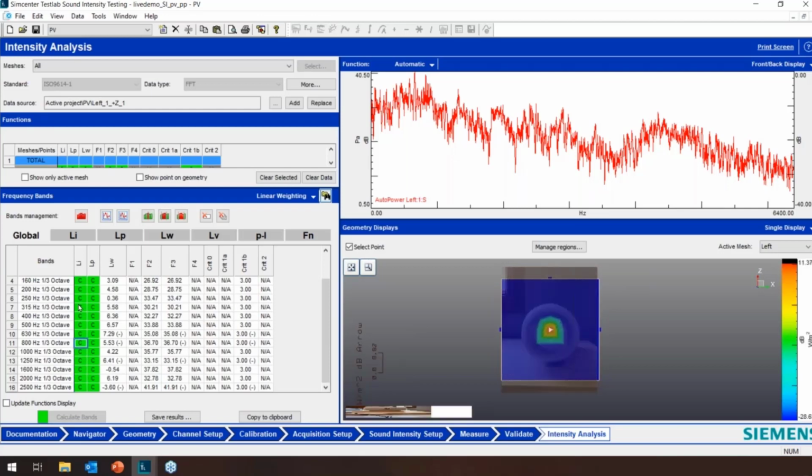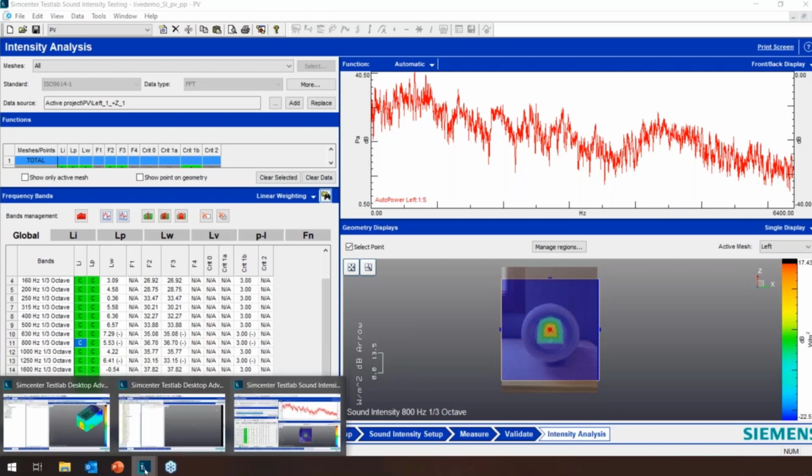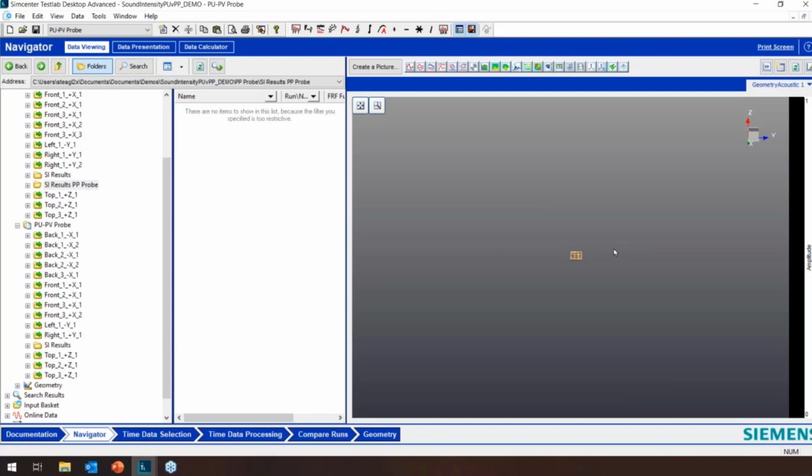So not a huge surprise. If you had done this on all 4 directions, we actually did do that. The same geometry, same pictures.